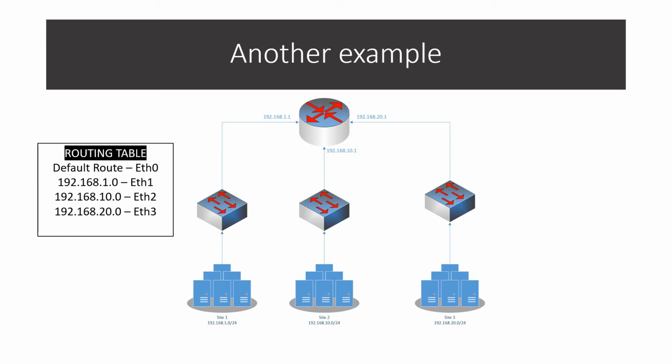Another example of how routers would be used is in an enterprise environment. Let's say you have multiple office locations. Each location has a different network, a different subnet. So in this example, we have 3 different subnets. Site 1 uses 192.168.1.0, Site 2 uses 10.0, and Site 3 uses 20.0. So these networks, although they begin with 192.168, if we look at the third octet, which is .1, .10, .20,